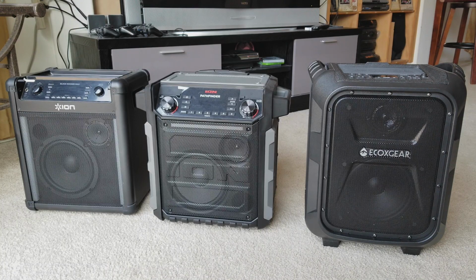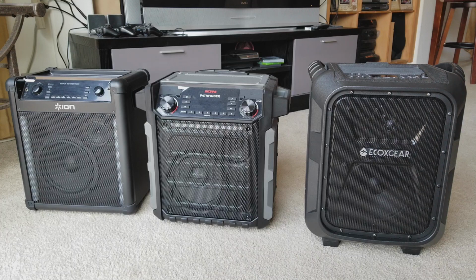The one on the left-hand side has an 8-inch woofer and a 3-inch tweeter, and wireless audio streaming via Bluetooth. Bluetooth range is about 100 feet, and it has two vertical LED bars for the light show functions, and two USB ports,